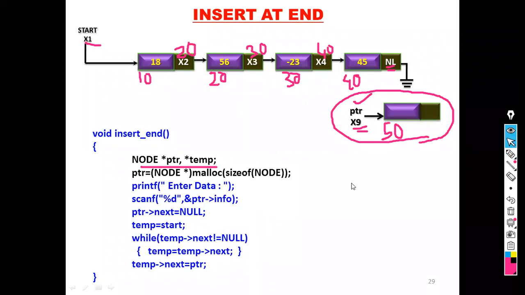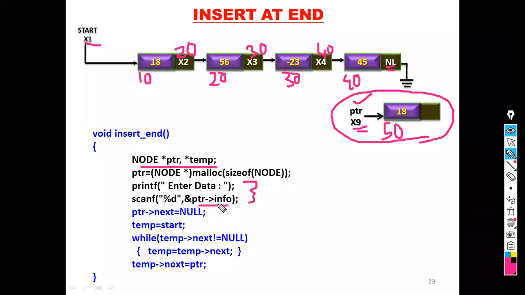Next, enter data. Scan of ptr info. This is just revision. What is the meaning of these two statements when they are executed? It will store the data in the information part of the newly created node.